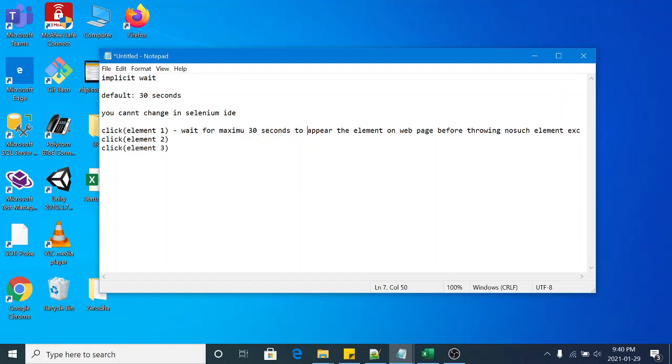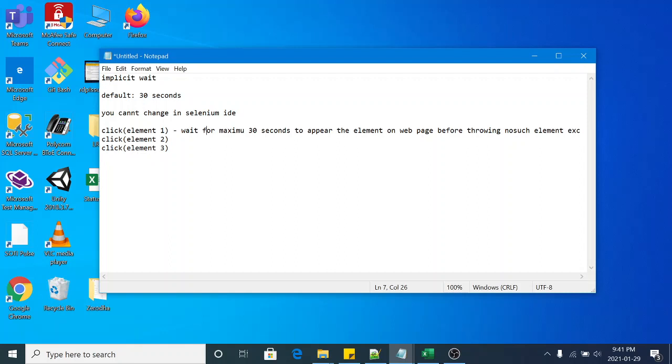In that case Selenium IDE will throw the exception here, no such element exception, and it will not execute the remaining commands.